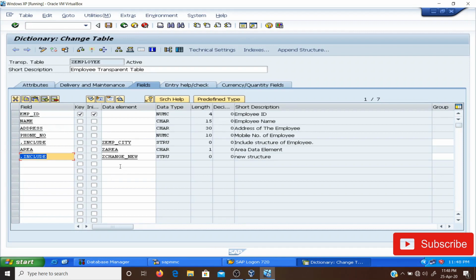Now this table has been activated and change underscore new structure has become the part of this transparent table. If you want to see the changes reflected, you can click on the data browser button or content button. When you click on it, you can see the new field would appear there.